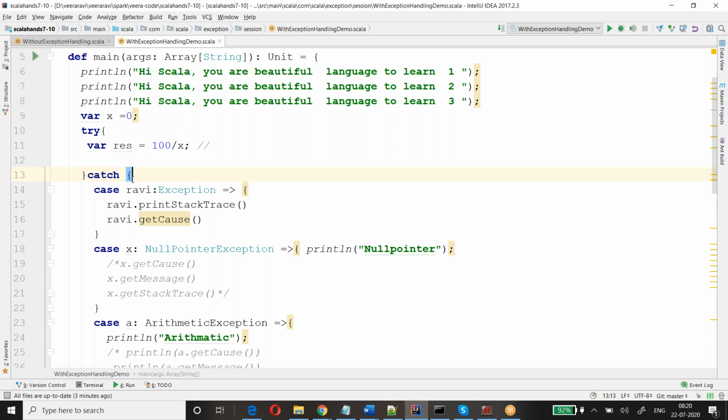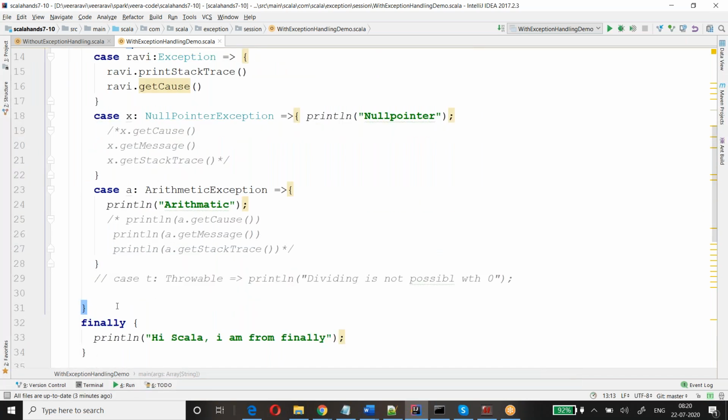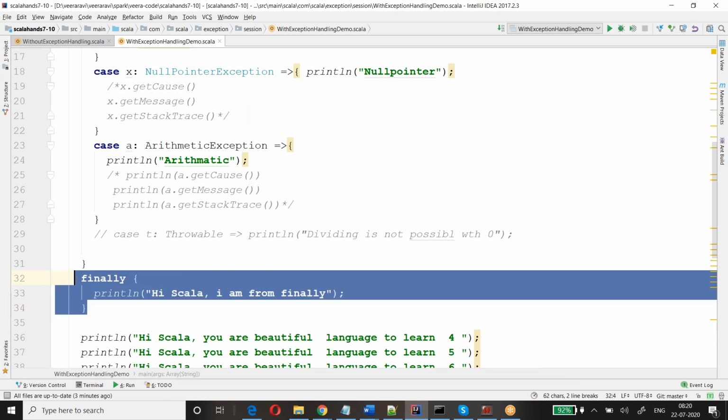It always executes. Irrespective of whether the exception occurred or not,